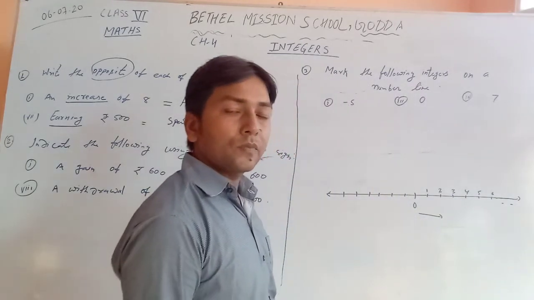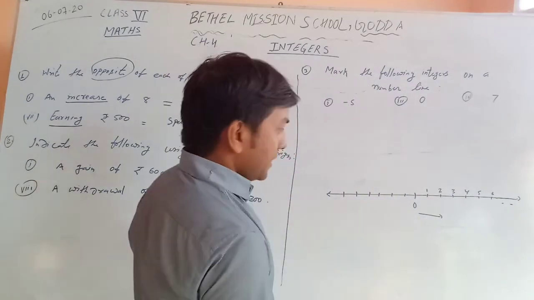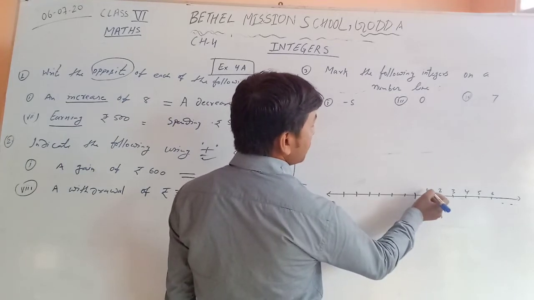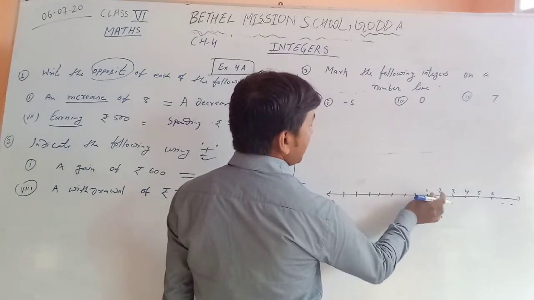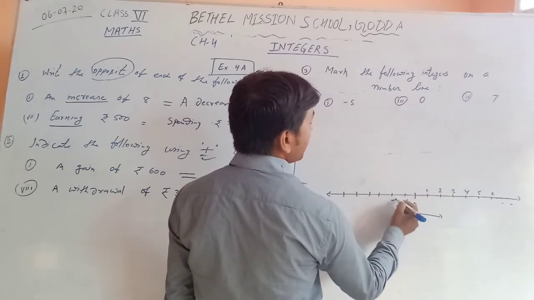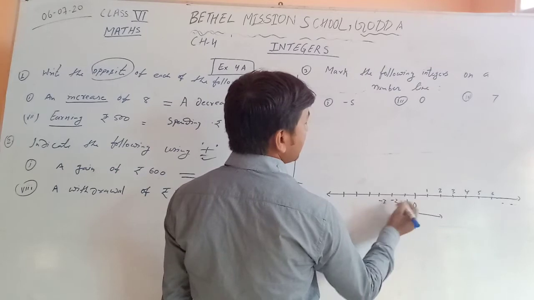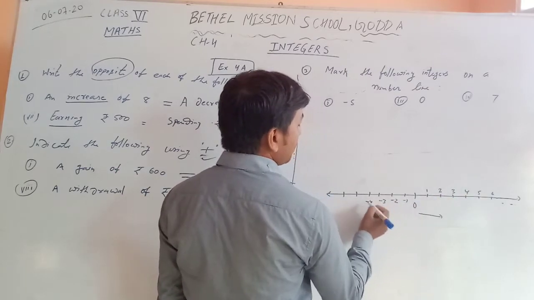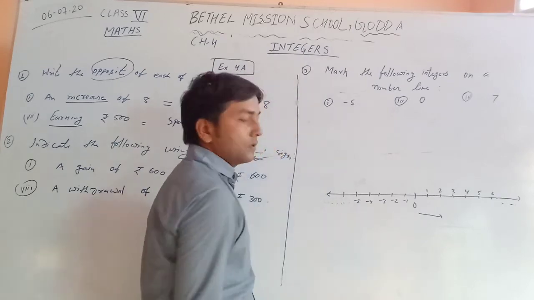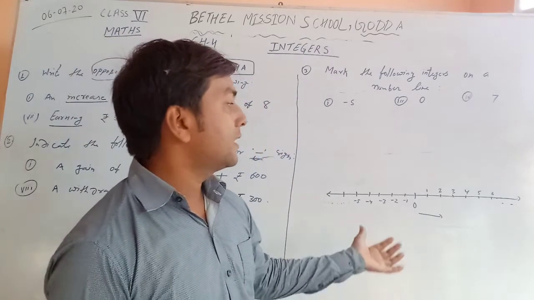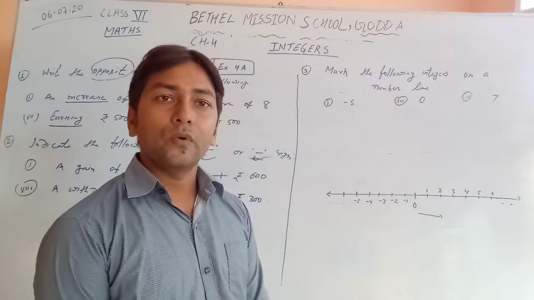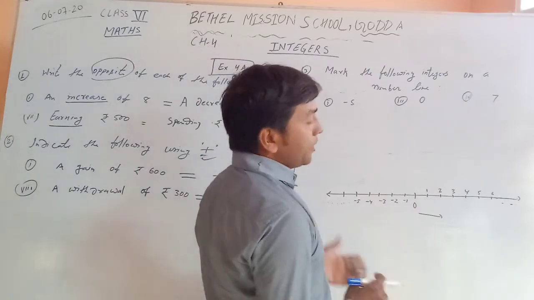Okay, and from left to the 0, you just have to write negative or minus. This is -1, -2, -3, -4, and -5, and so on. Okay, this is called the number line. Okay, now when you look,